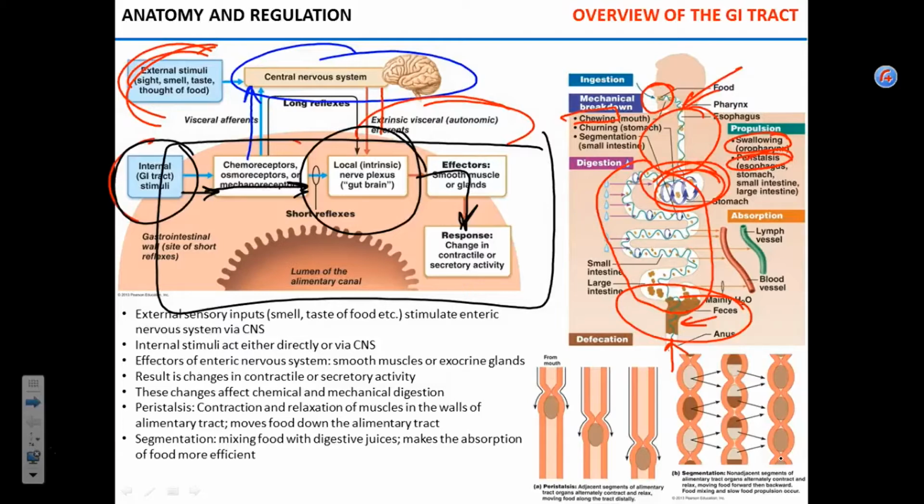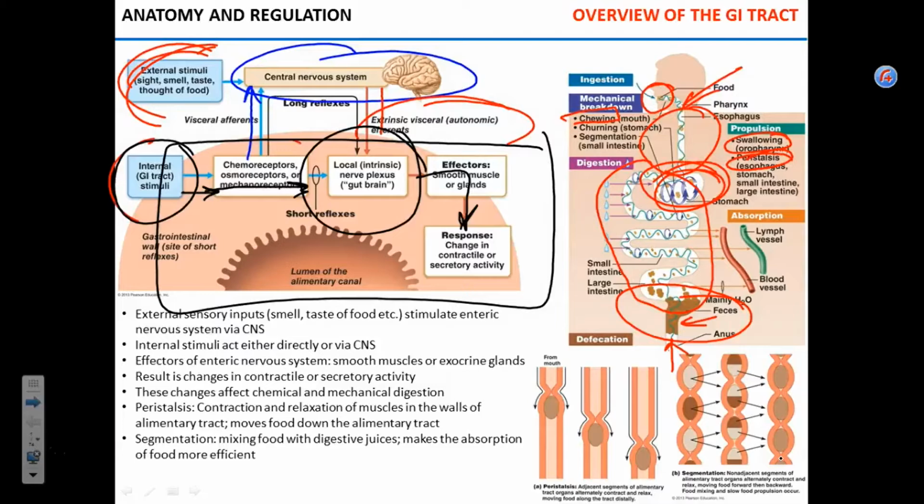And second, I want you to understand that the digestive system can be regulated by both reflexes that involve CNS and reflexes that involve local plexuses, the gut brain. Does that make sense? Good. Now, terminologically, appreciate the terms like, and we'll get to that, we'll repeat them multiple times. Mastication, chewing, deglutition, swallowing,